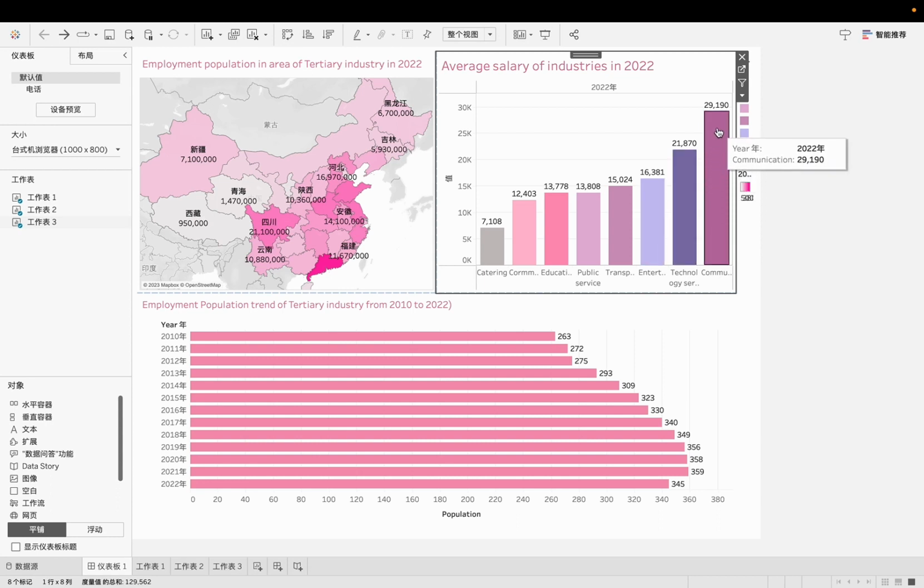So you can see the highest salary is communication, and then technology service, and then entertainment, transportation, public service, education, commerce, and the lowest one is tertiary. So if you want to choose a job in the tertiary industry, I recommend you choose communication and technology